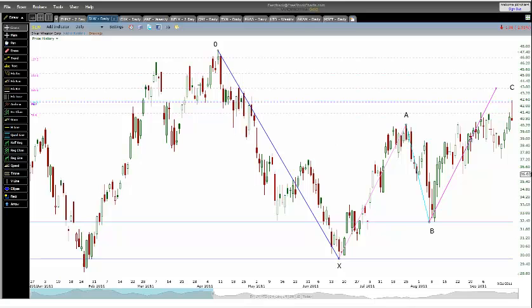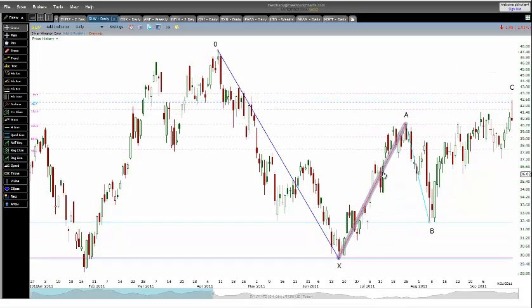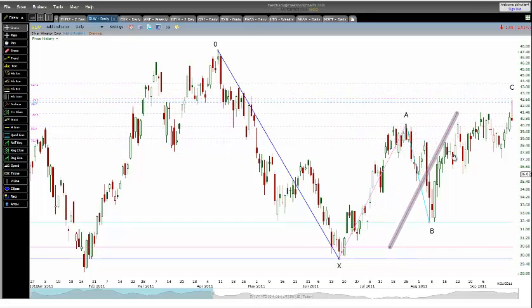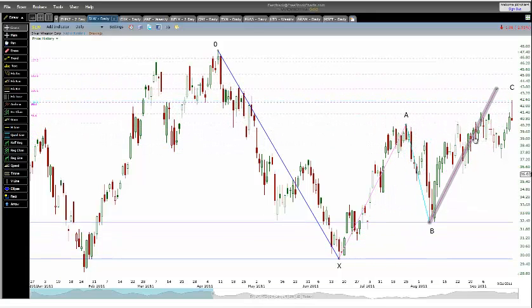But what I've done on this charting package is just select the retracement tool and draw it off of the X to A move, but then project it up from the point B. And we can see that right in this area here, one of the pink lines is perfectly overlapping the other two lines we already looked at, and that is the 88.6%